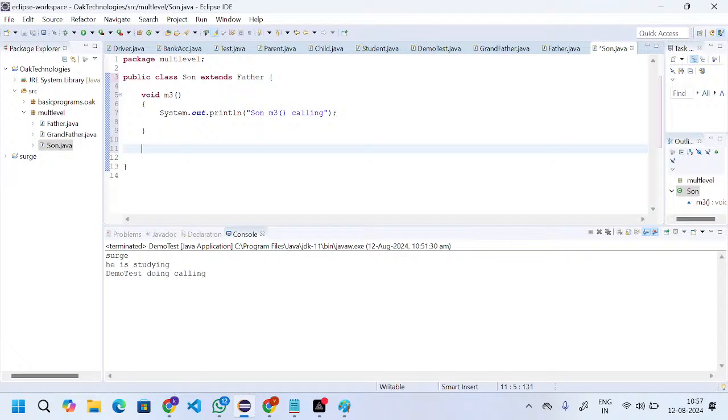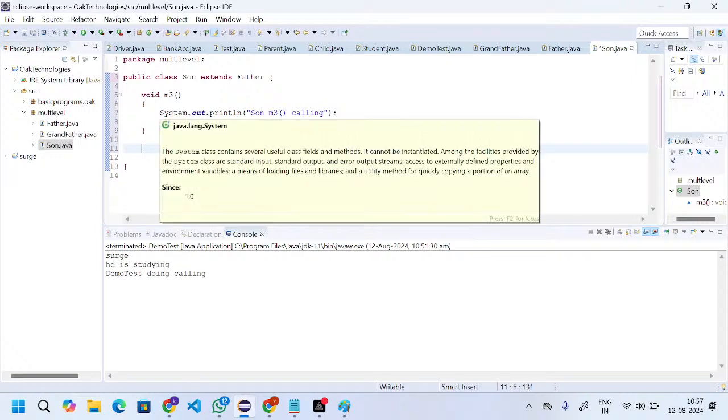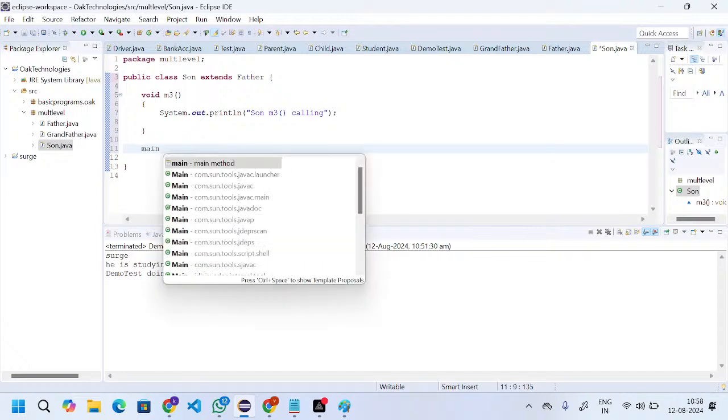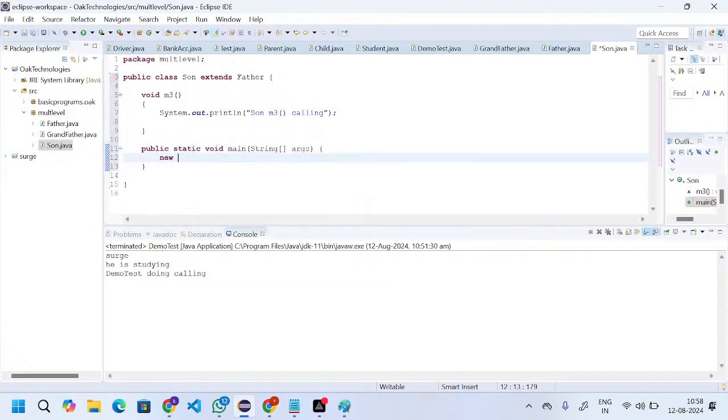You got it right. So such kind of relations you can achieve with multi-level. Okay, these all are instance methods. How will you access those instance methods? You have to create the main method, and then inside always you have to create the object for the child only, and then